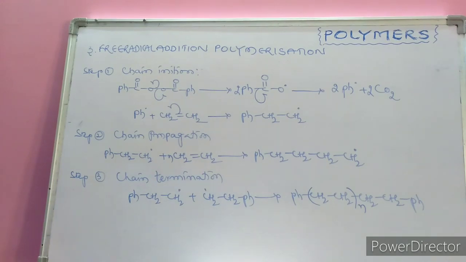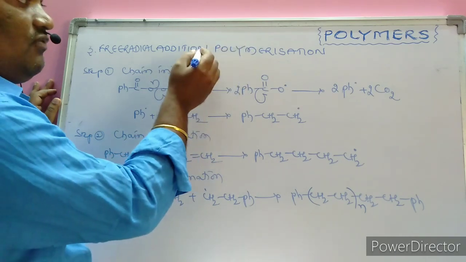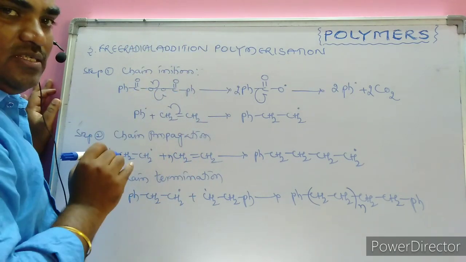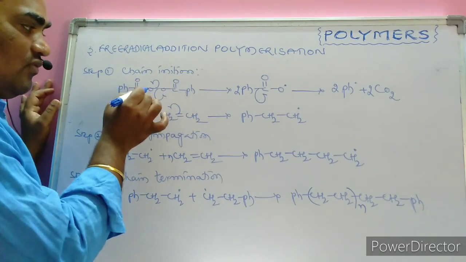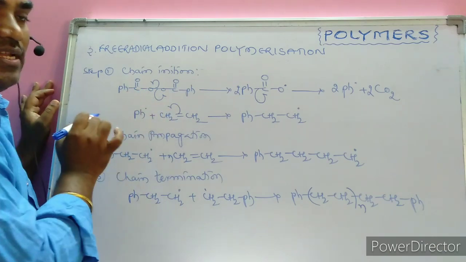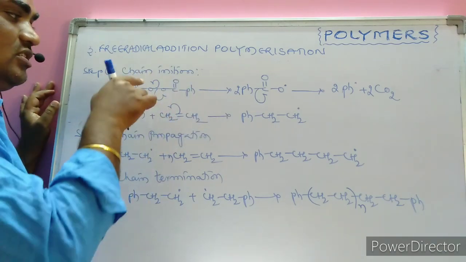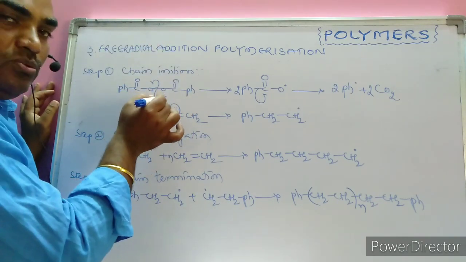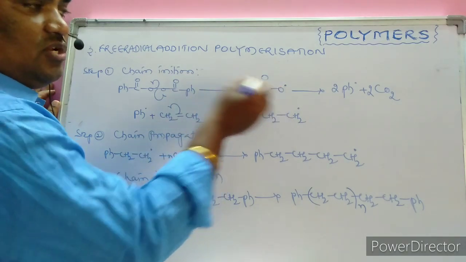The third mechanism is free radical addition polymerization, chain initiation. We know free radical addition polymerization is favored by benzoyl peroxide, acetyl peroxide, like the peroxides. Don't forget the bond formed between two oxygen atoms. In the presence of sunlight, homolytic bond cleavage, meaning equal bond breakage, is represented by a fish-hook arrow, also called a half-headed arrow. As a result, free radicals are generated.